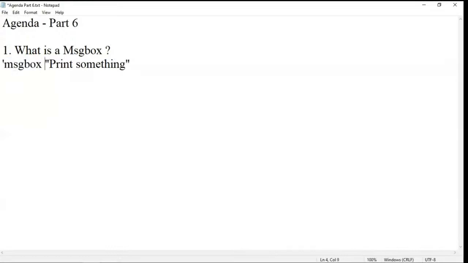Okay, let me just show you one of the examples where I have used message box all the time in my previous examples, right? Oh, before that I'll just write it down. What exactly is message box? Message box is nothing but a kind of function which helps you to print an output. So we can say it like this: it is used to display